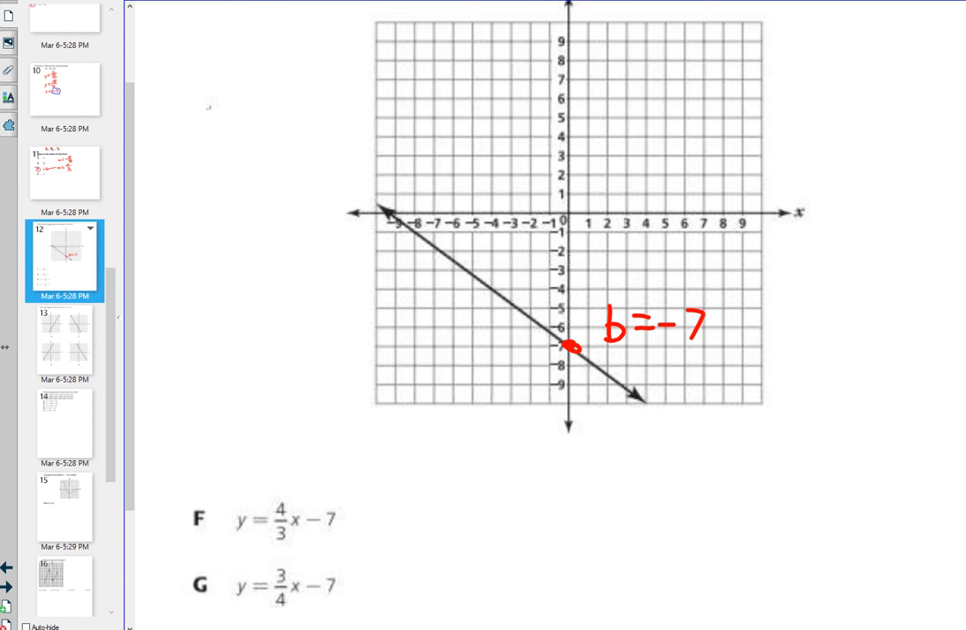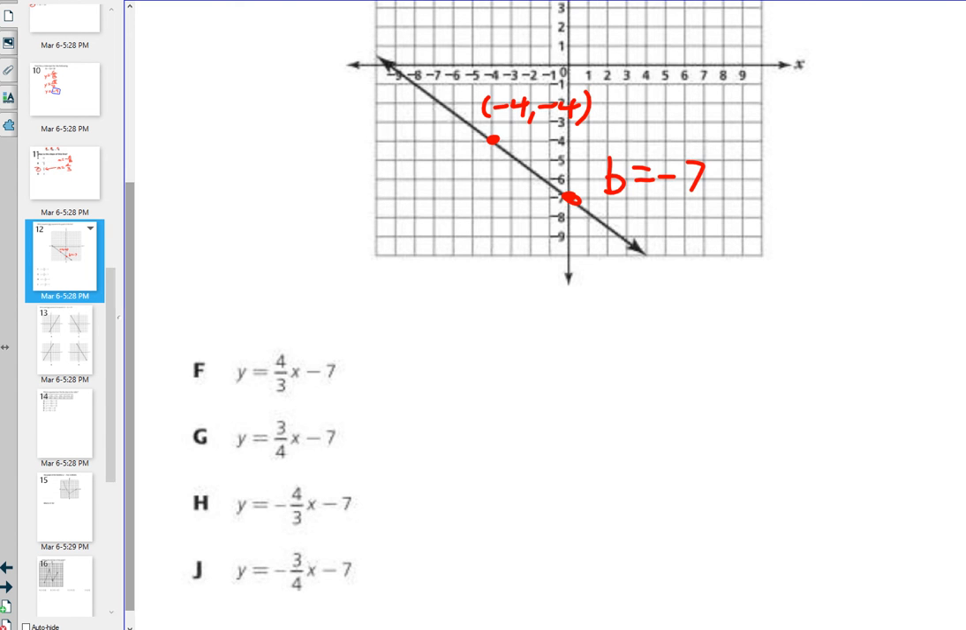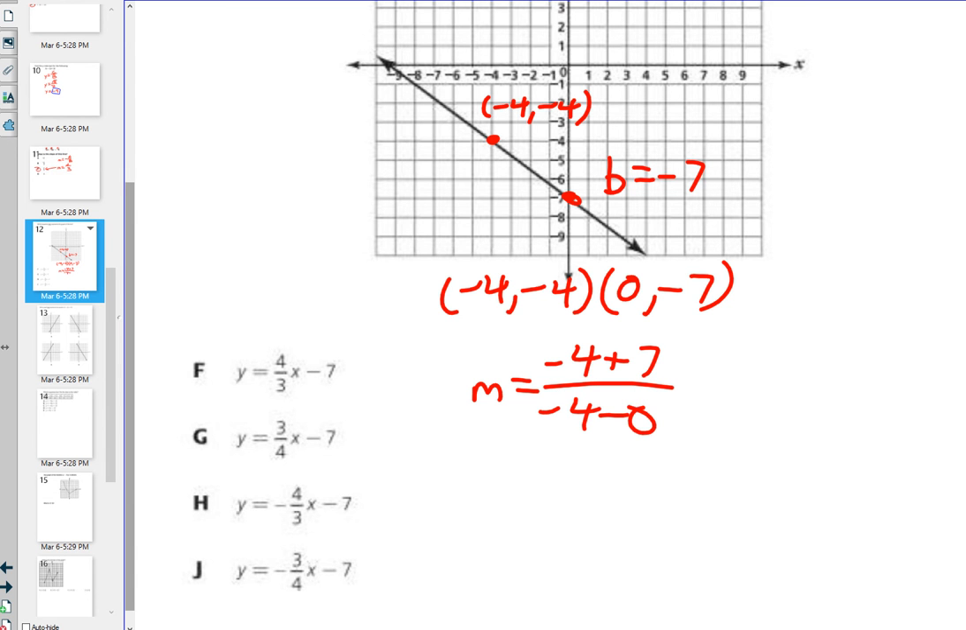Well, yeah, this is challenging. I'm gonna go with right there. Looks like that point is pretty clearly on the graph. So that's gonna be -4, -4. So if I now do the slope formula with the 2 points that I have, which are -4, -4, and 0, -7, I get -4 plus 7, and then I get -4 minus 0, which is 3 over -4,